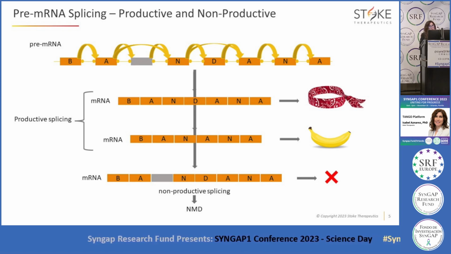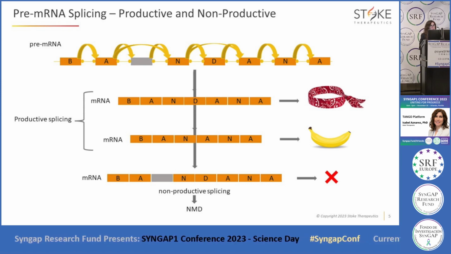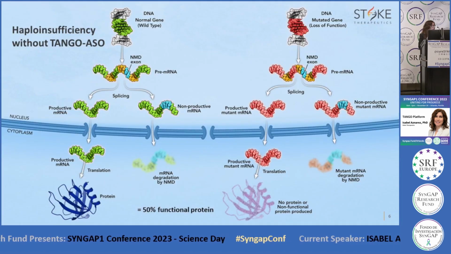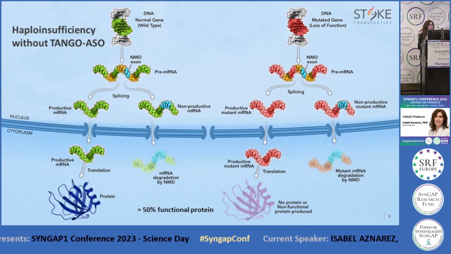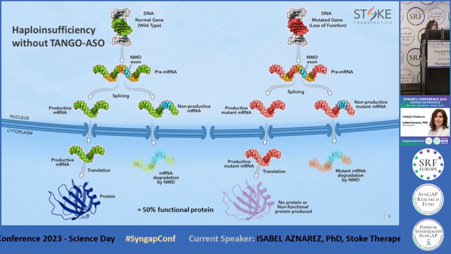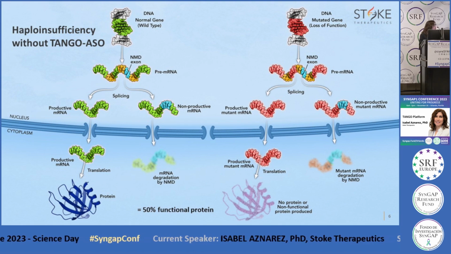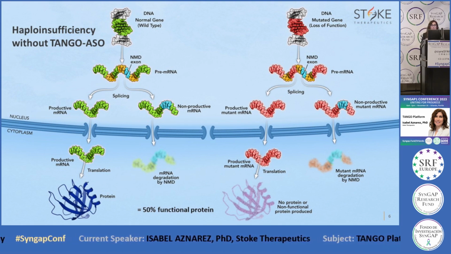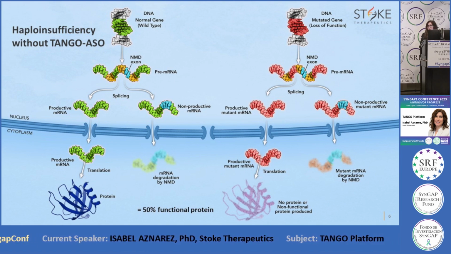So understanding this mechanism is important to understand how our TANGO ASOs work. In the context of haploinsufficiencies, again, like SCN1A or Syngap, you have one normal copy and a mutated copy, and the disease is caused by a reduction down to 50% of protein levels. We all know that. So in this particular example, we have a pre-mRNA that contains one of those non-productive exons,